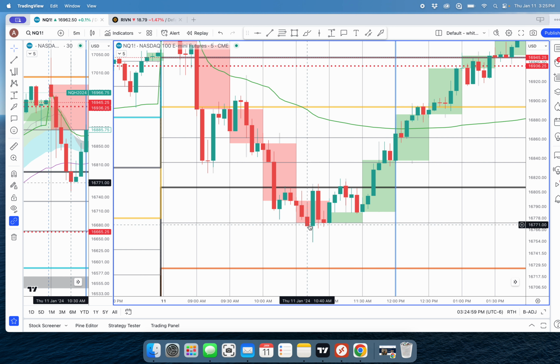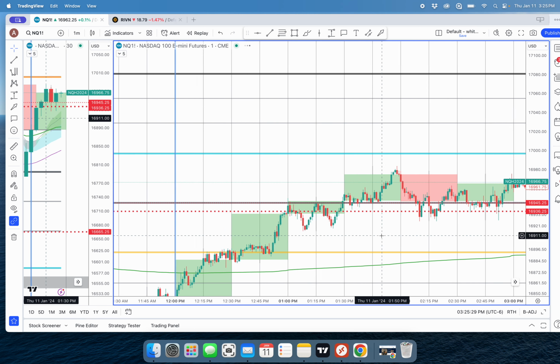So what they ended up doing is they dropped it, and then immediately they shot it back up, and you see the wick, and then they came all the way back up here. That right there should tell you that something's happening, and they're defending this area. Then immediately the next 5 minutes, they dropped it all the way back down. So this is some big points, and that's why you also want to